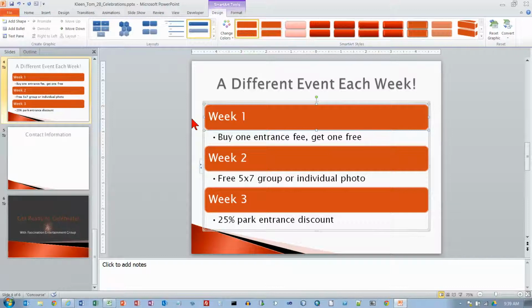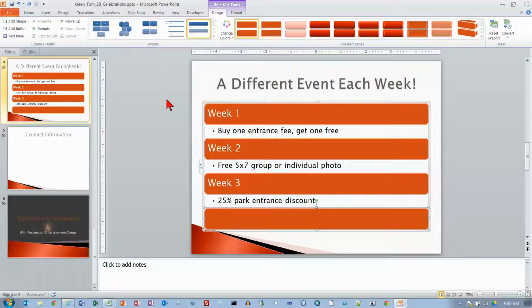And now we're going to add some shapes in a SmartArt graphic. Click in the shape that contains the text Week 3. In the SmartArt Tools, click the Design tab. So here's the Design tab, and the Create Graphic group, which is over here. Click the Add Shape arrow, and click Add Shape After,